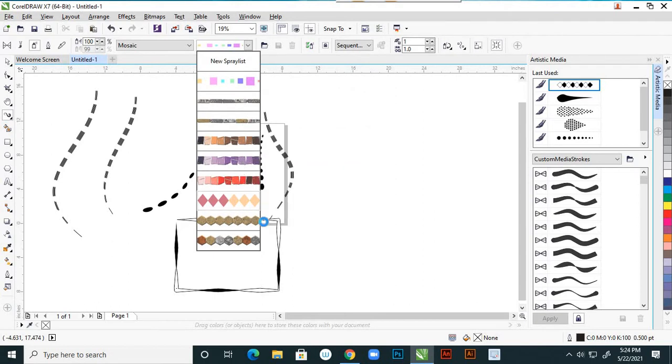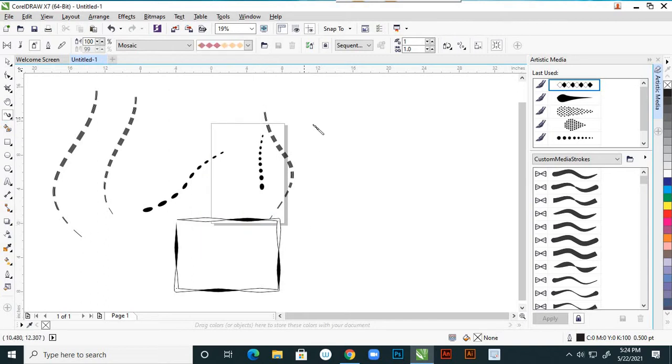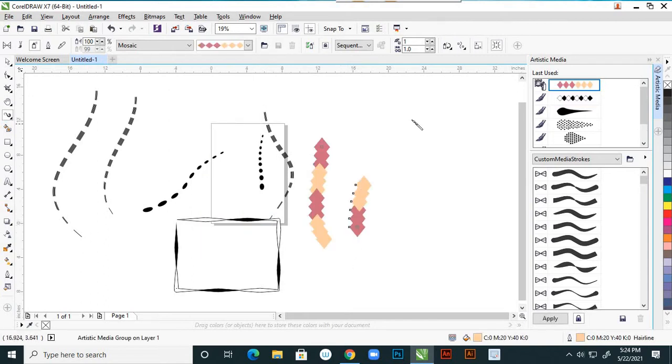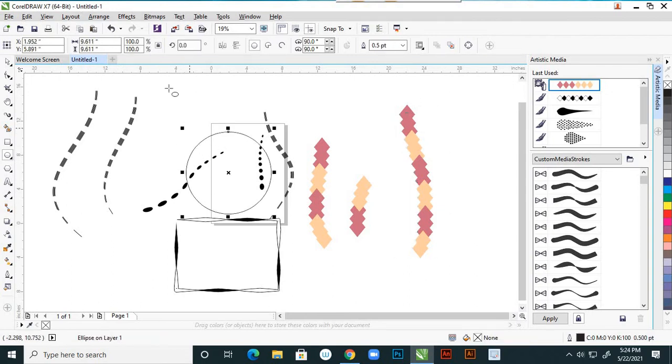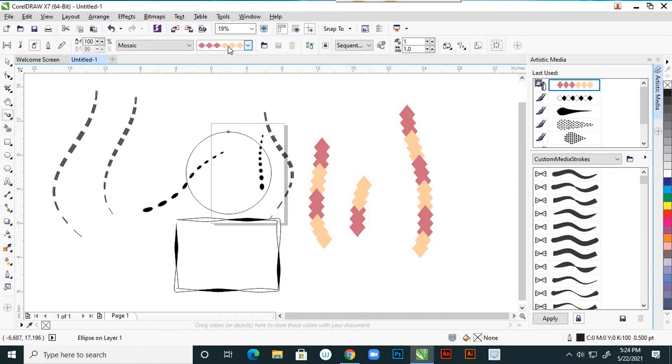You can apply this, just click on that, and it will apply to any object, any shape. Suppose here you draw this one by pressing Control, I am giving it on a circle. To the circle we can apply this.